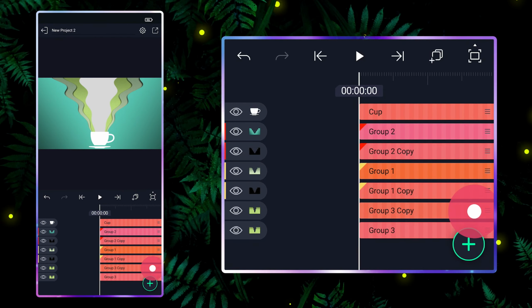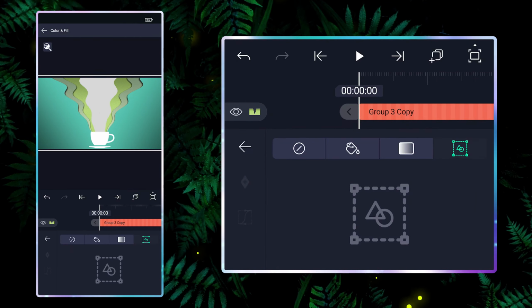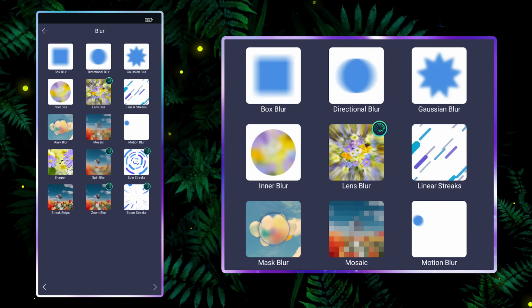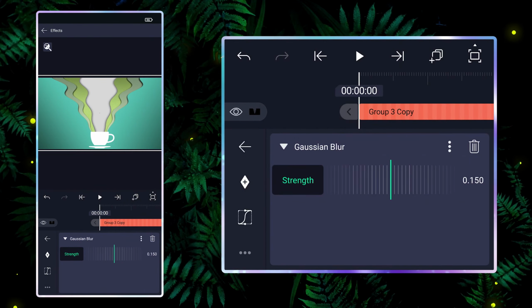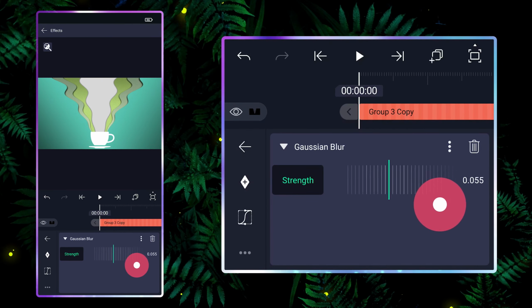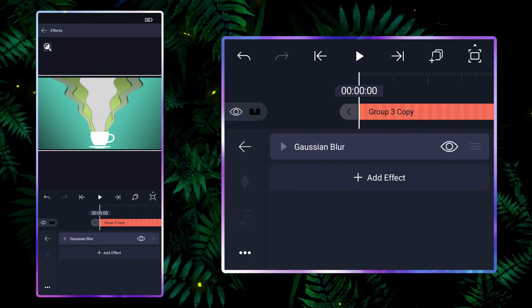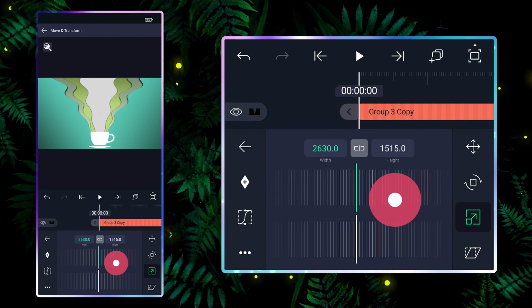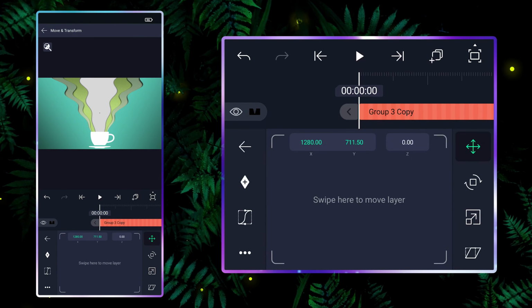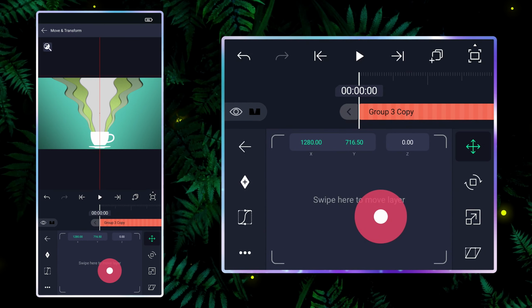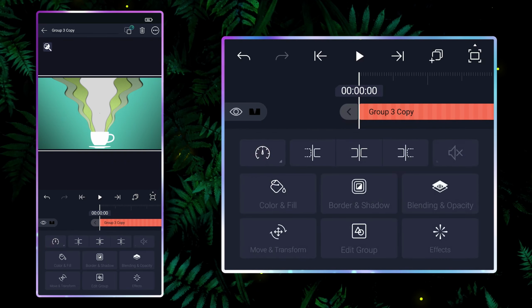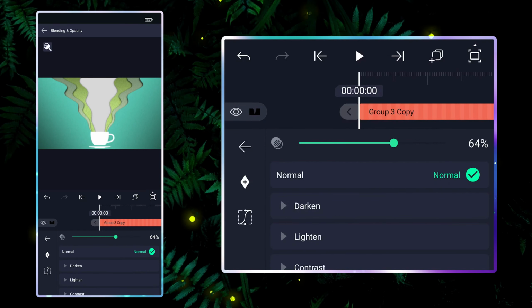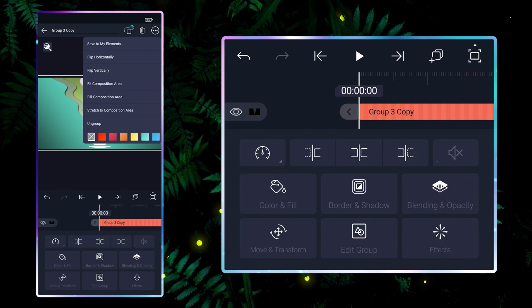Duplicate this layer and do the same as previous wave layers. For these layers, change the layer indicator color to blue.